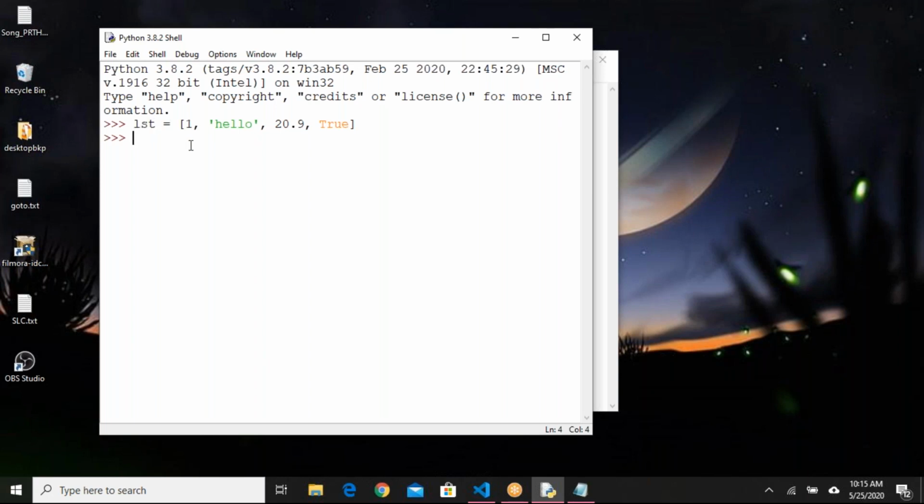Okay, let me print the type of the list. Type is a function we use to find out the data type of an object or a variable. If you want to know what kind of data type it is for a variable or for a collection or for an object, type is the function available in Python. You can say type of an object name, and that will give what data type it is. So it is of list data type. It is showing class list.